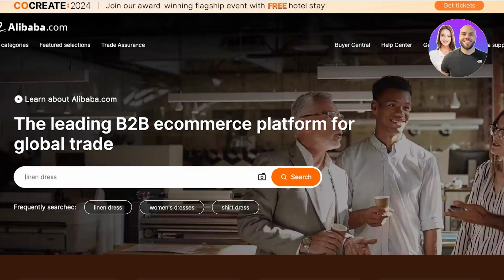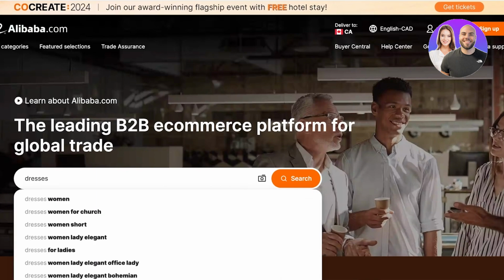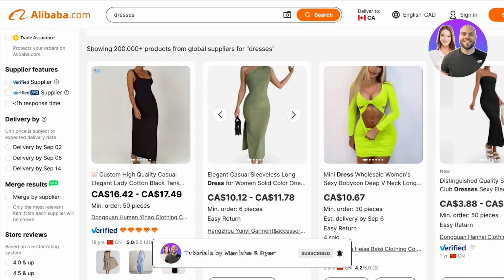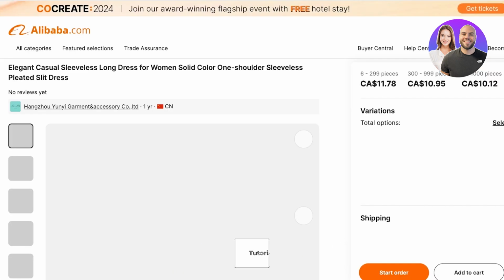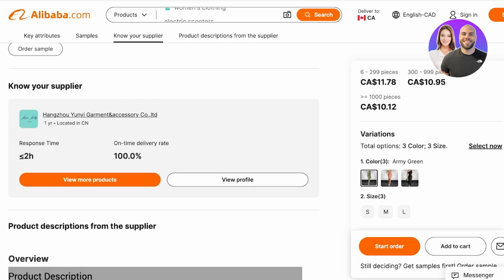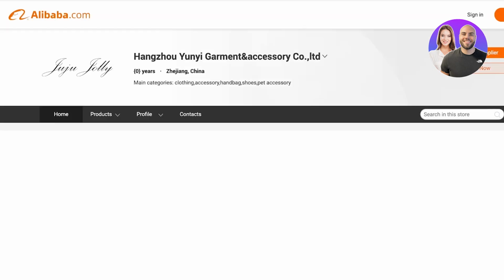So, for example, if I'm looking to sell dresses on TikTok, I can go into dresses on TikTok. This is a really popular design. I can open this up. Then if I scroll down, I can see the supplier info. I can open up the supplier info from here. And what you're going to do is you're going to click on